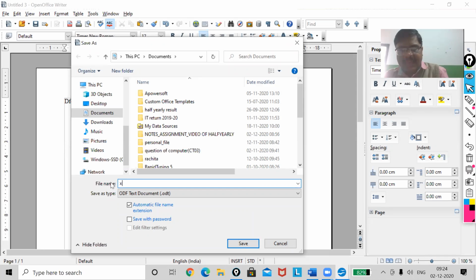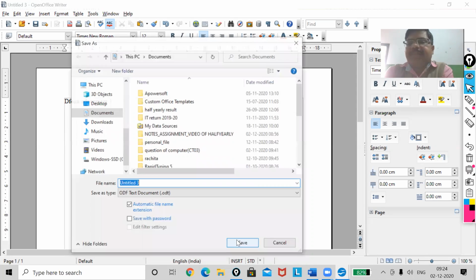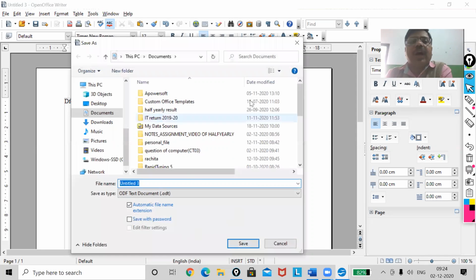So I am writing XYZ. Now when I save here, it will show Untitled 1. See, automatically it will come. I think Untitled 1 I have saved, that's why it is showing Untitled 3. Now here I am using QWE.